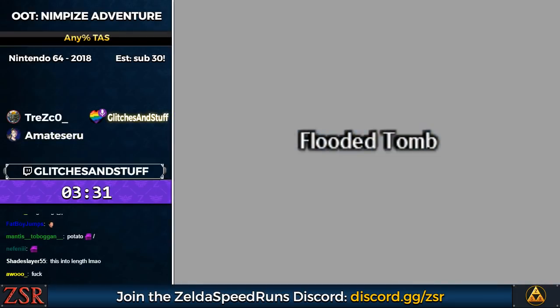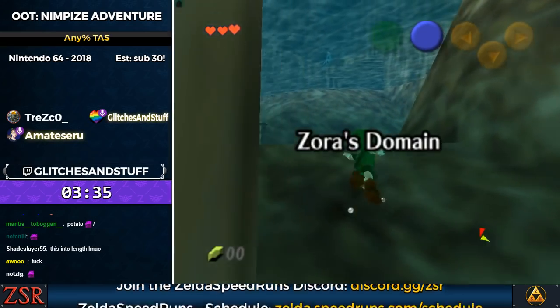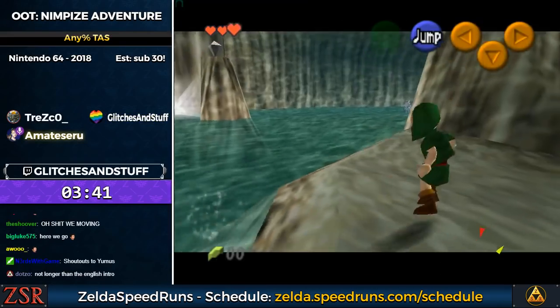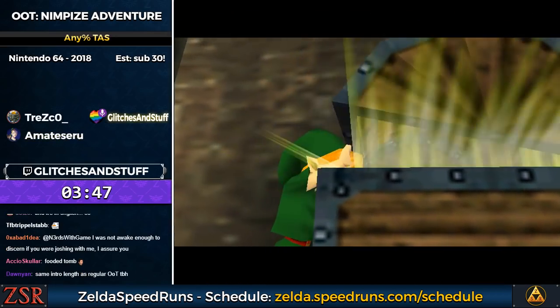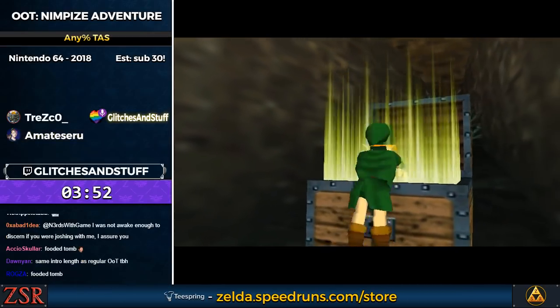But we just start. So you start in the flooded tomb, which is situated in Zora's domain. If you haven't played the game, some loading zones are completely shuffled, so don't expect any logic. We start with no items like the normal OoT game, and we find in this chest...